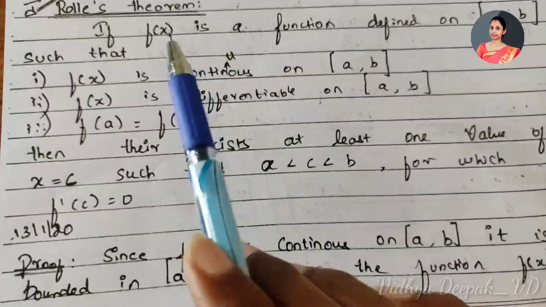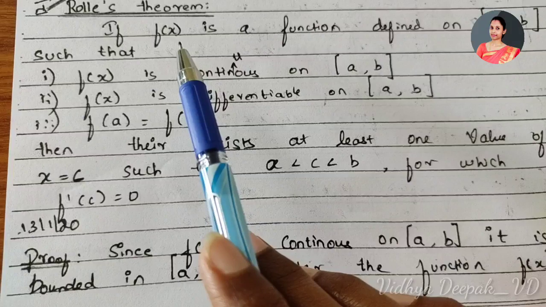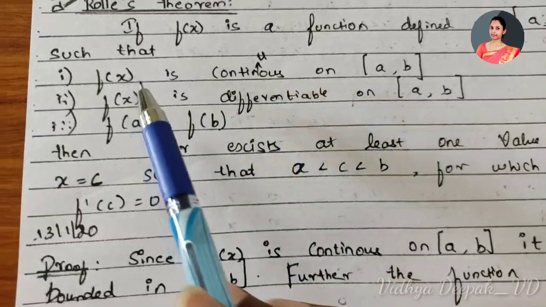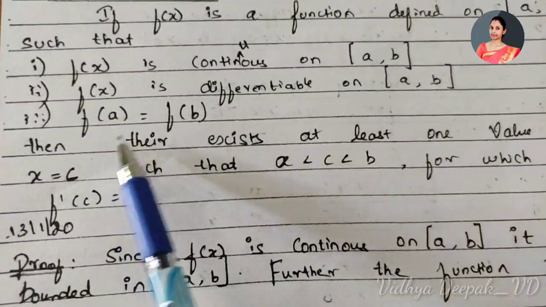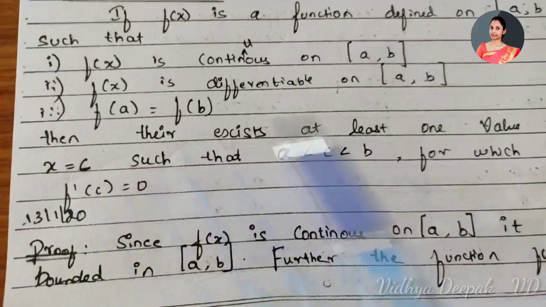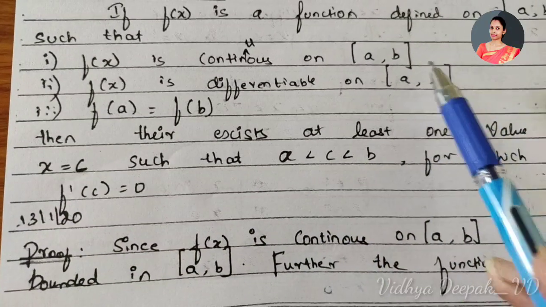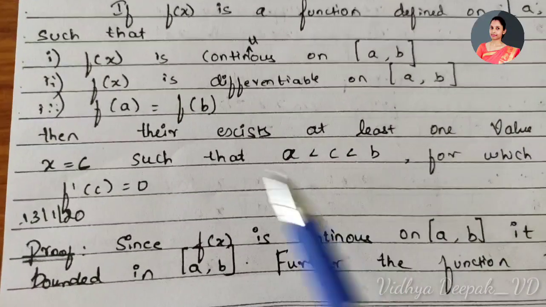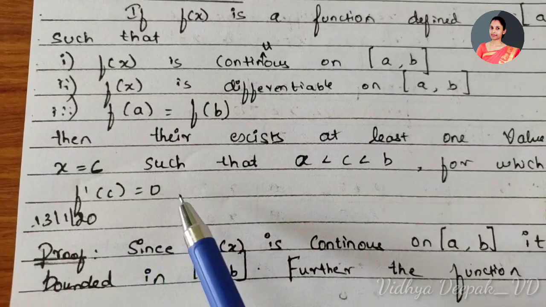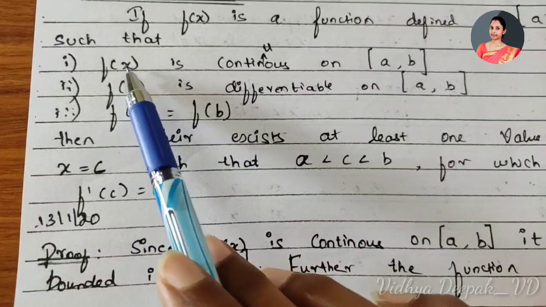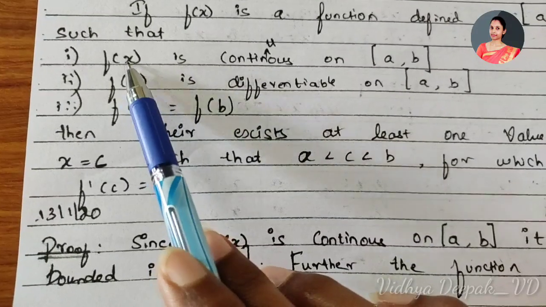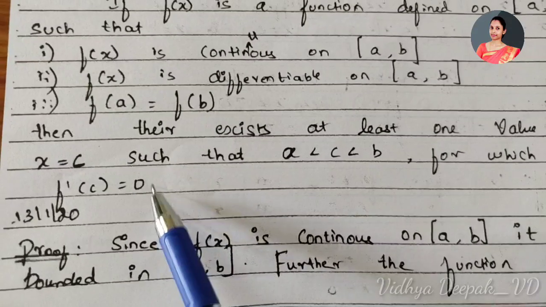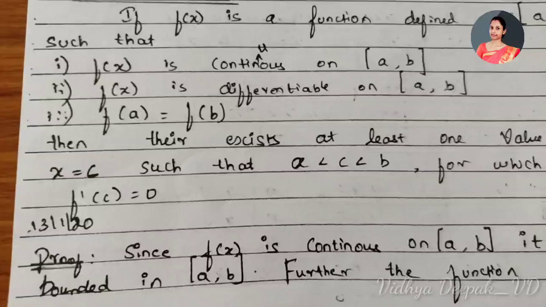So here we have a function defined on the closed interval a comma b. We can say this function satisfies Rolle's theorem if these three conditions are satisfied. That is, f of x should be continuous, f of x should be differentiable, and f of a should be equal to f of b. Then we will have a value c which is coming in between this interval, so a is less than c less than b, for which f dash of c will be equal to 0. So in this f of x, if I differentiate this once and apply the value of x is equal to c here, then I should get that answer to be 0. Okay, this we will understand clearly once we start with the problems.